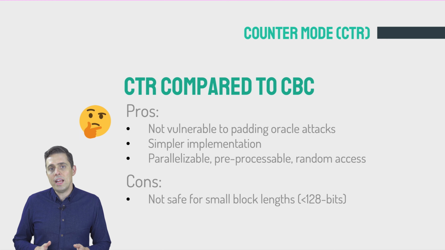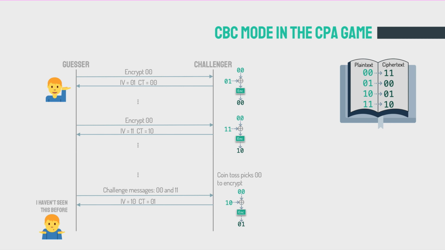Okay, let's return to CBC mode for a moment, and let's see how it does in the chosen plaintext attack game. Remember, at the beginning of the game, the guesser is allowed to make encryption queries. They're allowed to ask the challenger to encrypt plaintext that they choose. So in this example, the guesser submits the